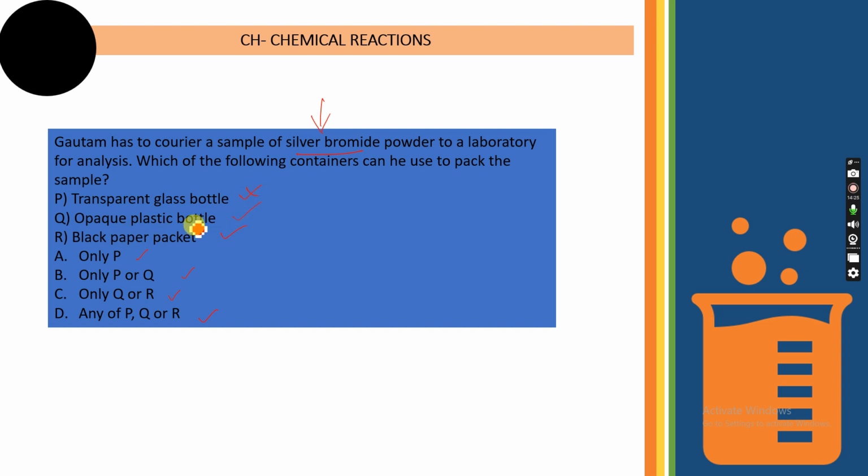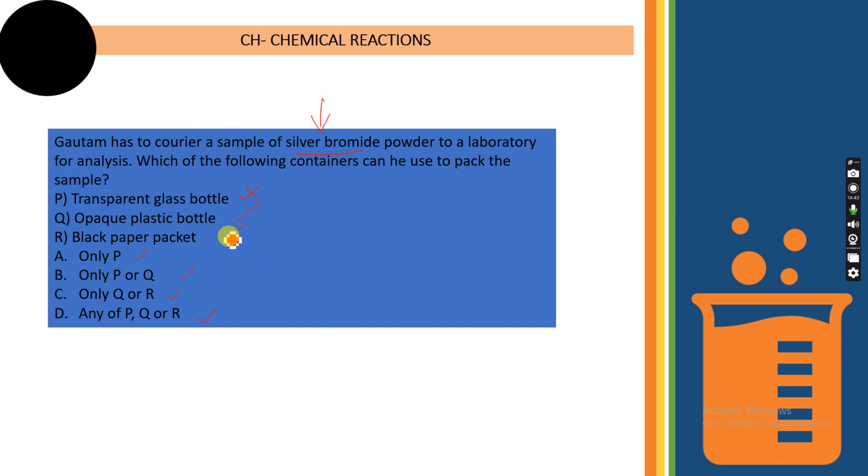Opaque plastic bottle. Opaque means what? Where the light cannot pass easily. Okay, it's almost non-transparent, right, where it blocks the light. So yes, we can use opaque plastic bottle. Then we have black paper packet. Yes, we can also use a black